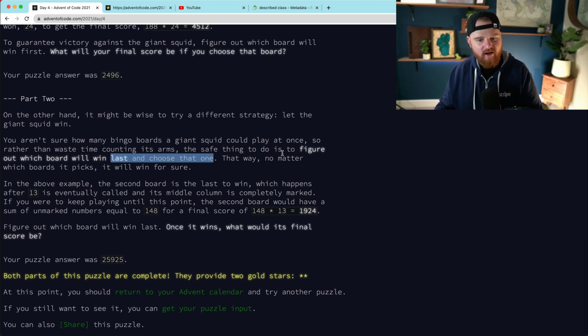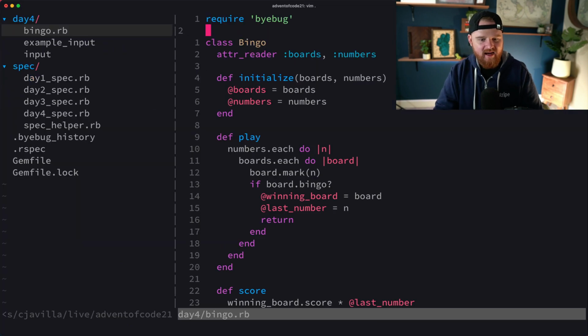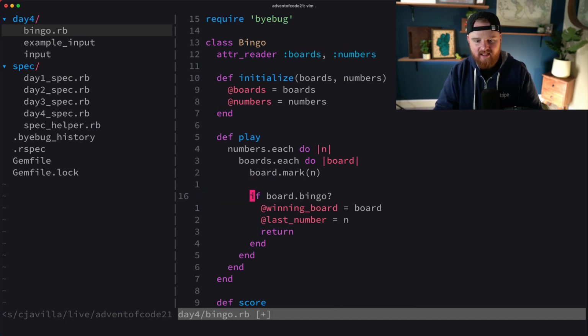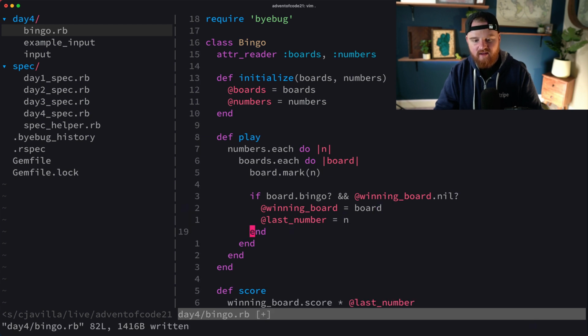Okay, so to figure out which board will win last, I guess what we want to do is instead of returning right here, we want to say if board is bingo and winning board is nil, then set the winning board and the last number, but don't return because we want to play through all of the different numbers to see which winner is the last winner. So we want to say something like,